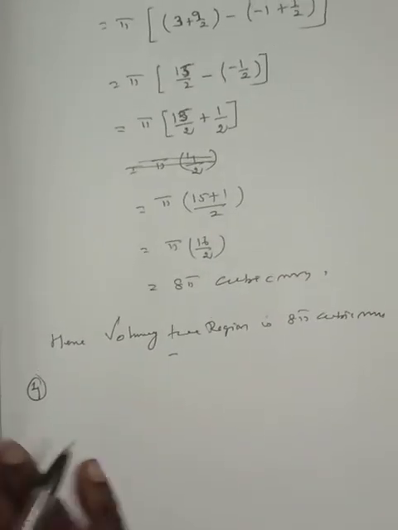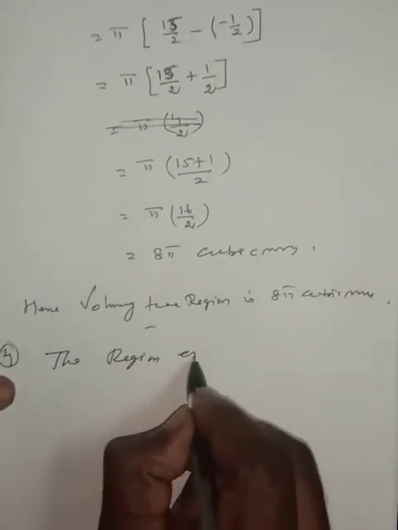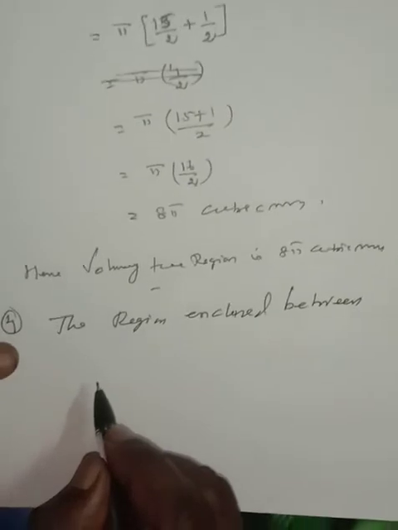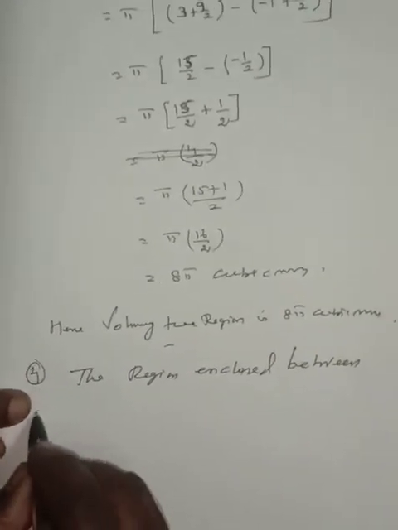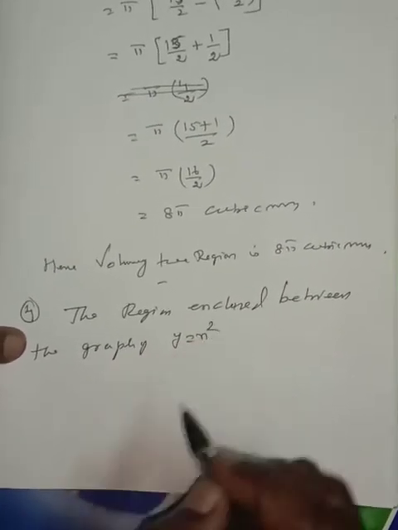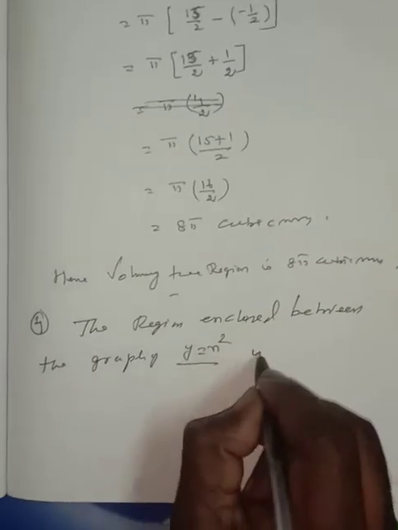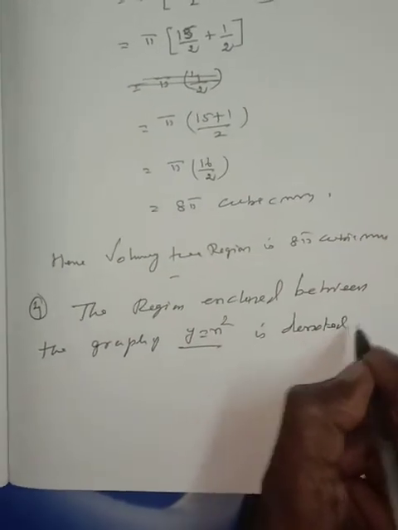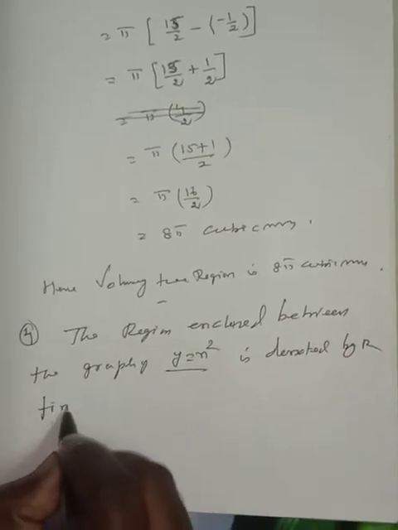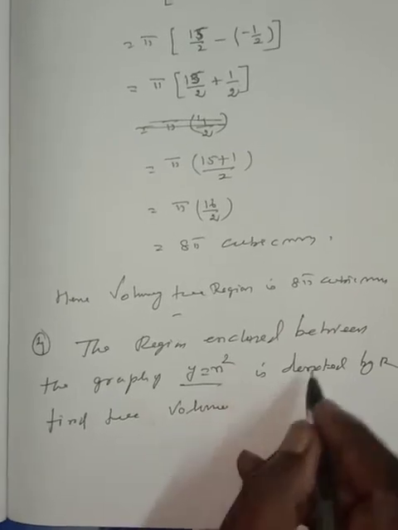The region enclosed between the graph of y is equal to x square is denoted by R. Denoted by capital R. R means real number system. Find the volume generated